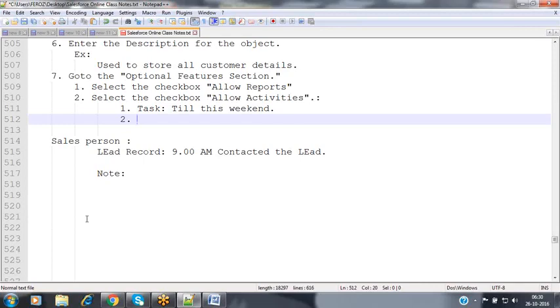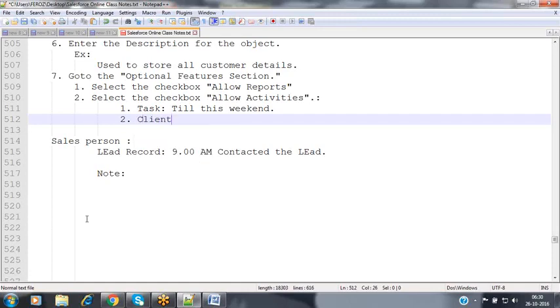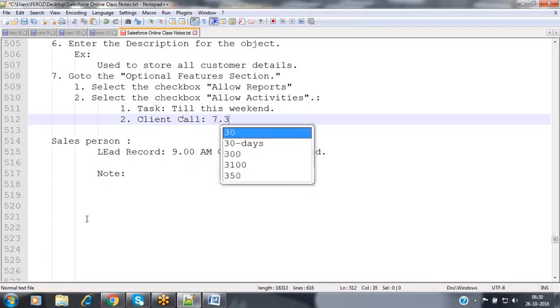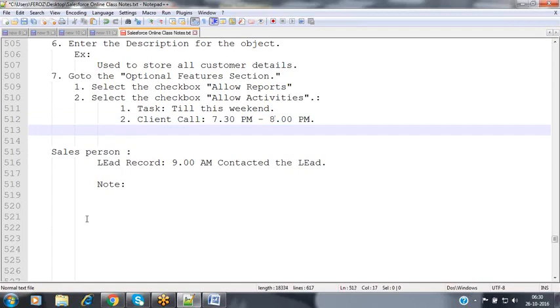But sometimes every day I'm having a client call for the status update. The client call is from 7:30 p.m. in the evening to 8 p.m. So when do you need to attend this meeting? During that meeting timing itself.